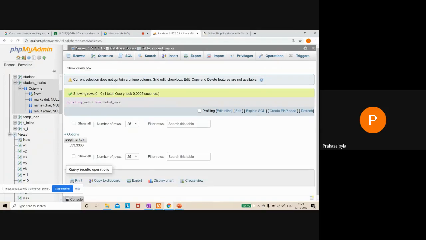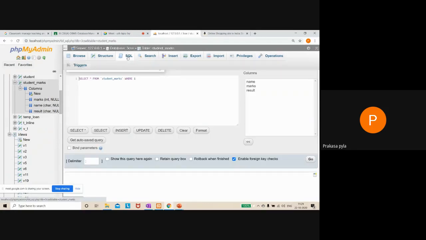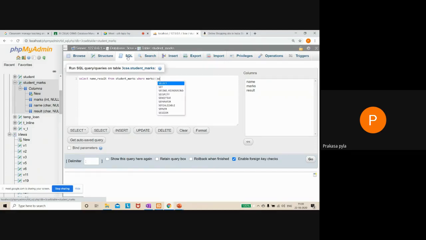I just want to display the student names and results whose marks are greater than the average marks. Select name, result from student_marks where marks greater than select average marks